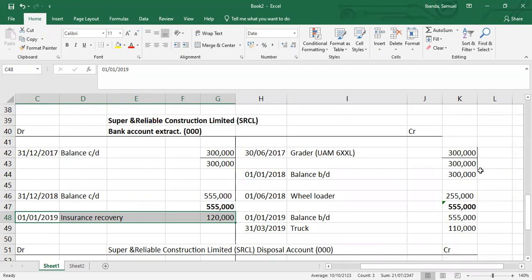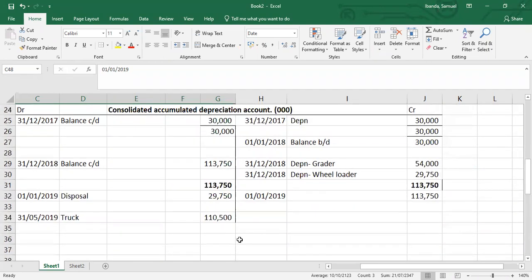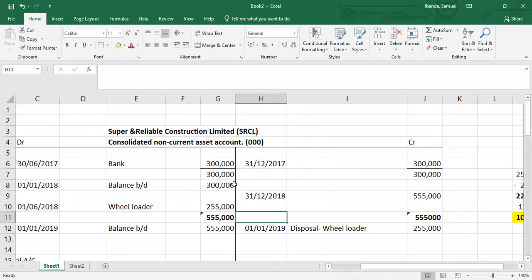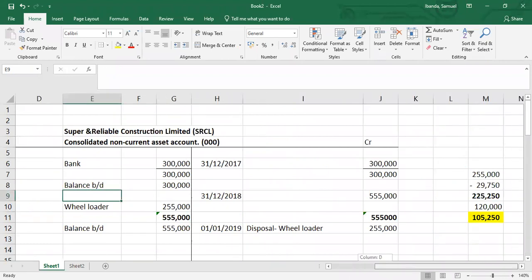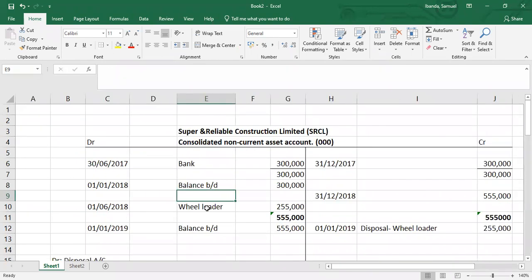We transfer it to the disposal account. So right here, since we are disposing of the grader in the asset account, our grader, remember, the grader was